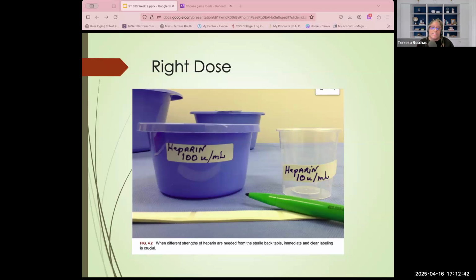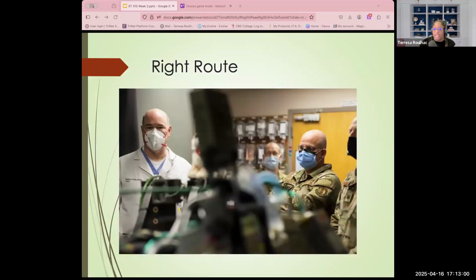But at the end of the day, we always talk about being the patient's advocate, right? Well, something like that could have potentially been disastrous. Luckily, it was caught before, but we take it really serious because we've got patients' lives in our hands. Again, with the right route,